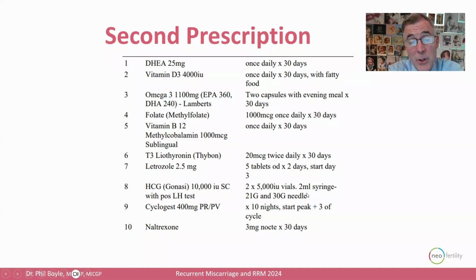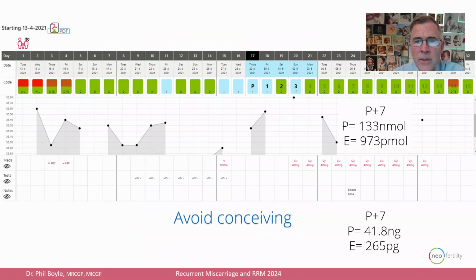Very commonly now, I'm giving a low-dose steroid instead of that injection, and it works well, and you can avoid the need for an injection. We give it for about 2 weeks. We start on day 7 and we take it for 2 weeks. Low dose prednisolone 5 milligrams or dexamethasone 0.25. So that's a change that I've taken on recently. And then she had luteal phase Cyclogest, and she had low dose naltrexone.